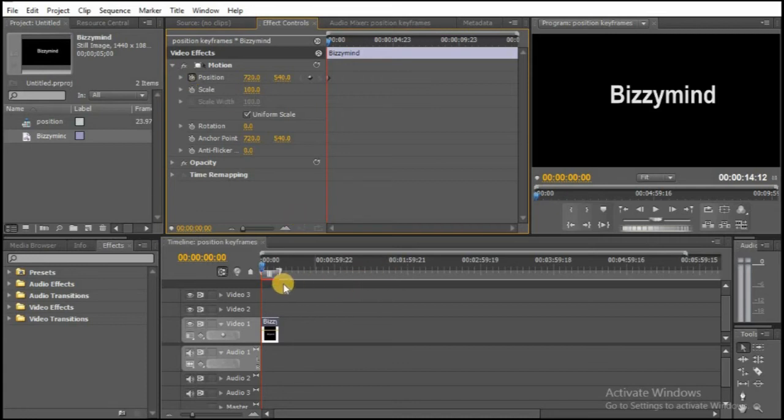So what you do, you click on the stopwatch icon beside Position. That's what you want to do. Then you move your playhead to a point on your video. Then you adjust the number there. You can see I'm adjusting the number. So these are the three things you do. First, you click the stopwatch icon beside Position. Second, you move your playhead to a point from the beginning of your video. Then you adjust that number there. After that, you can bring the playhead back to the beginning of the video and hit play